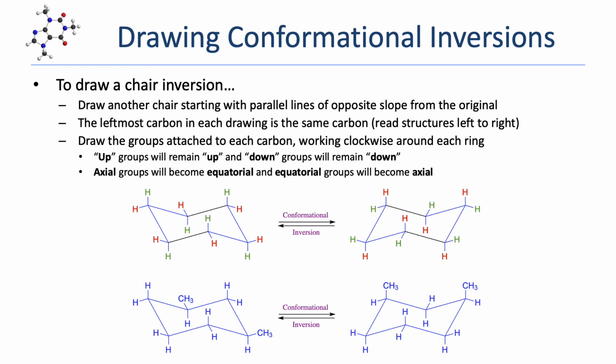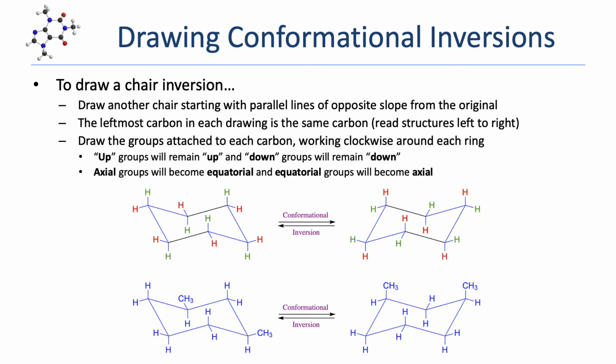Now, these chair flips are pretty straightforward when you're working with models. To do it in 2 dimensions, to draw these out, is a little bit more work. So let's say that this chair on the left is my original chair and I want to draw the inversion of that. Remember how you draw these chairs to begin with. You start with 2 parallel lines that are kind of offset from one another and then kind of connect them with these V's, right? We're going to do the exact same thing, except we have to start with 2 parallel